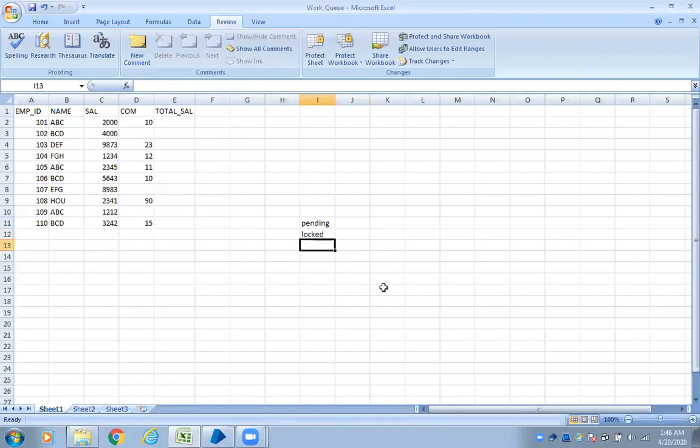When the record is completed, then it will be in completed state. And when any particular row has an exception, it will show exception. Exception means nothing but you can consider it an invalid record. These are the 4 statuses you can see in a work queue.